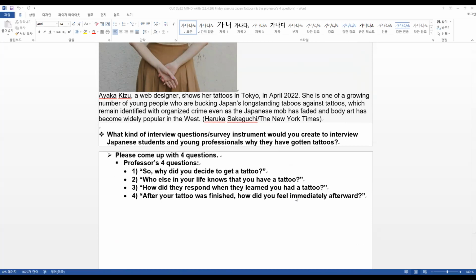We call this a semi-structured interview, right? There's a certain set of questions you start off with, and then based upon my responses, you have to formulate your subsequent questions. And you already have a theoretical framework in your mind about social identity, gender, and the relationship of young people to older people, generational differences. That will shape how you respond to my answers.